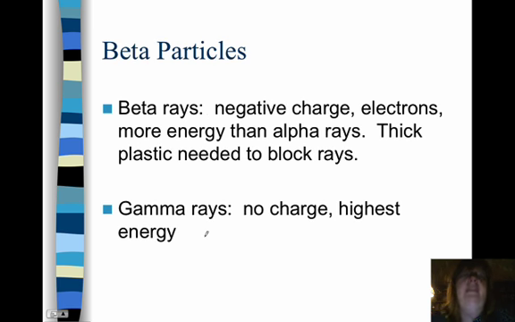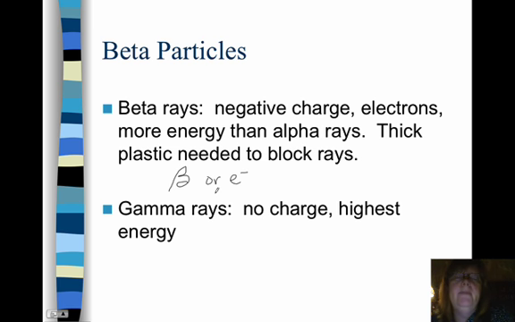Beta particles have a negative charge, and they're basically electrons, so they have very little mass. They have a lot more energy than alpha rays. If you wanted to block beta emitters, you would need some thick plastic to block these rays. Beta particles sometimes are written with the Greek letter beta, or you can see them represented with an e with a negative charge, meaning they're negatively charged and they're electrons. They're very light, high energy